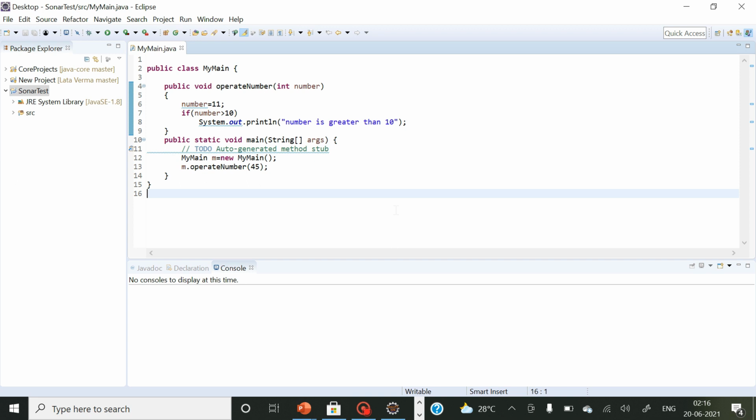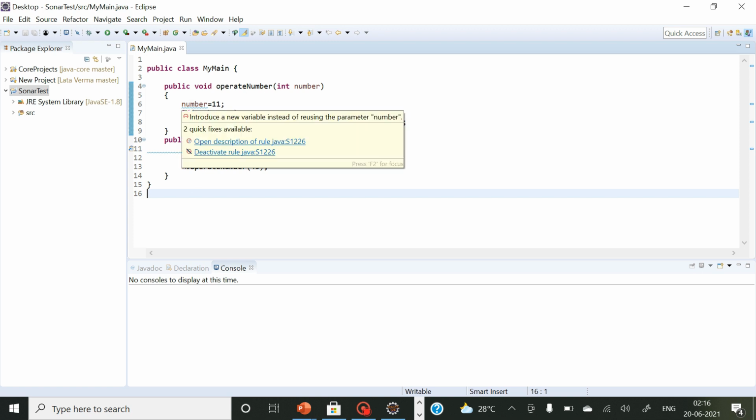One more thing guys, you can observe that before adding SonarLint, my program did not have any kind of error or problem. But as soon as I added SonarLint, I am getting problems, blue underlines over here. So see what issue I'm getting over here. It is saying introduce a new variable instead of reusing the parameter number.